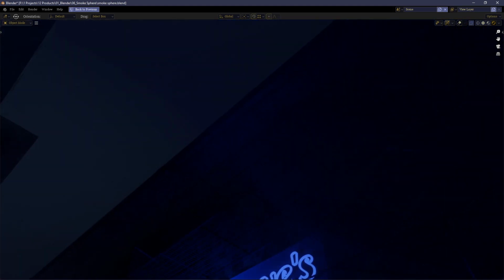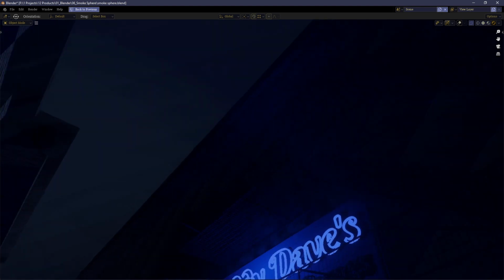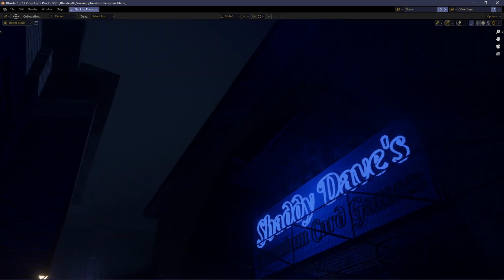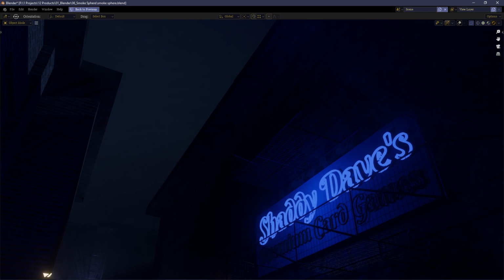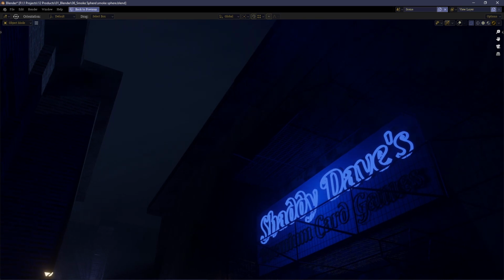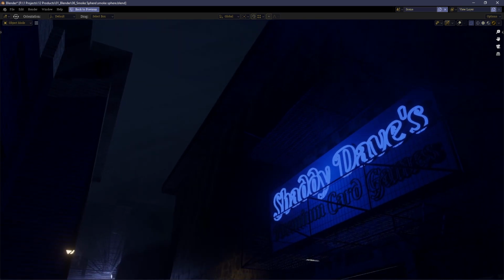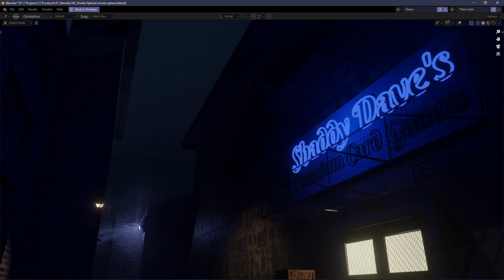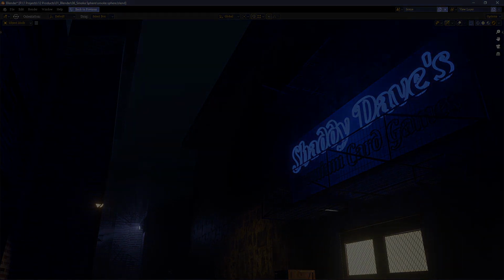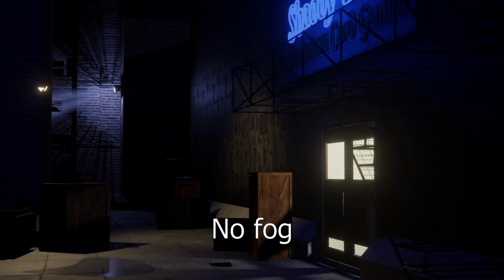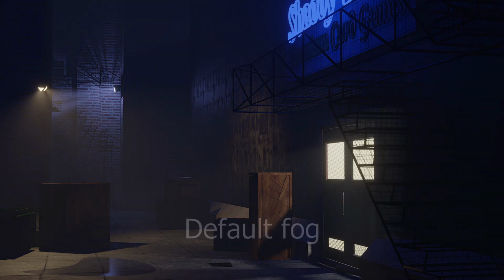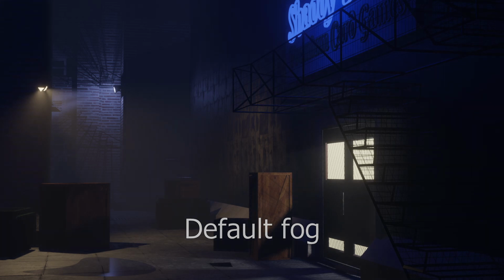With this plugin, you have the ability to set exactly how thick, how far, and when your fog starts and ends. As well, for a bonus, there are these other environmental settings, so you can easily change your skybox, darken it, and associate or disassociate it from your light sources, your global light, rather.